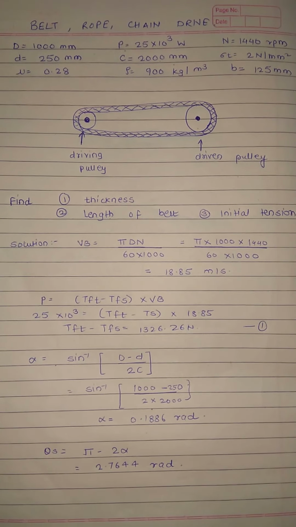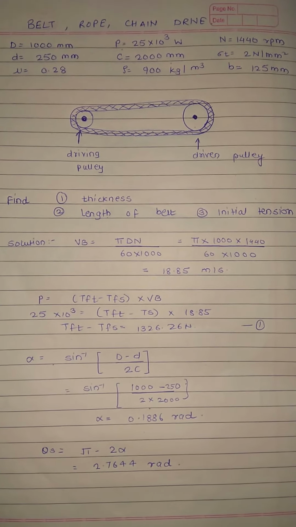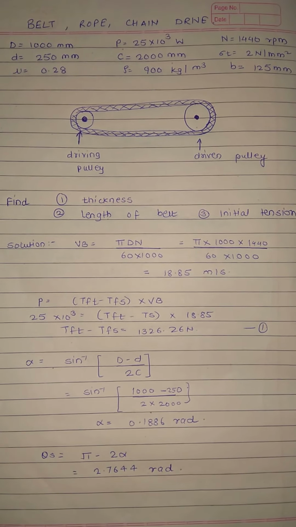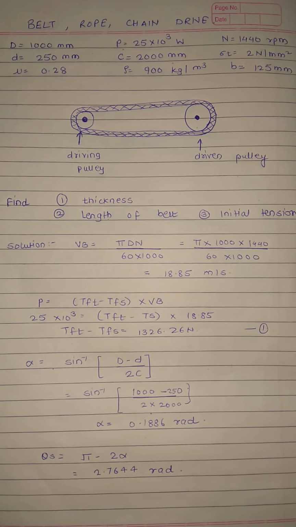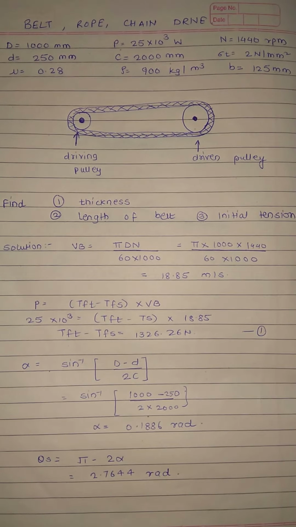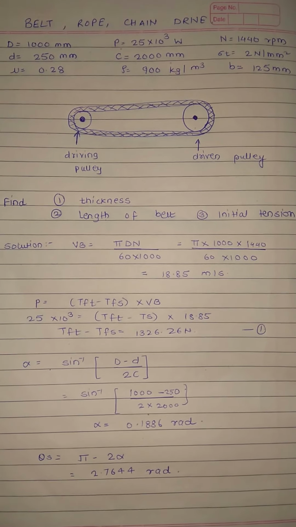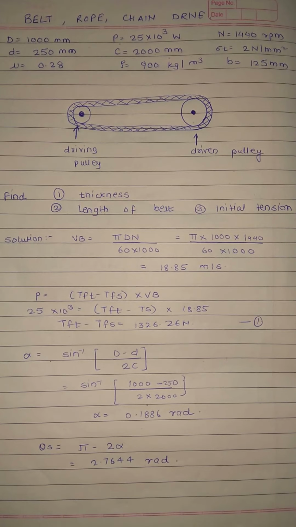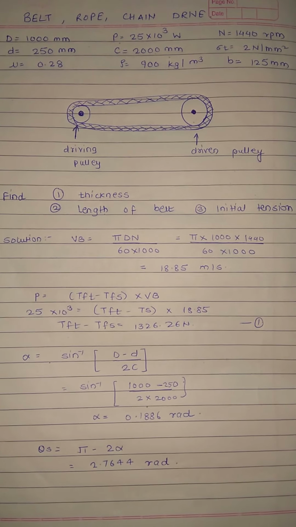As we all know, all these three elements are used for transmission of power or motion from one place to another. Belt is used in automobile, that is in transmission from gearbox to the rear wheel. Rope is used to drive the bucket from lower level to higher level, that is to lift water. And chain drive, as we all know, is used in the bicycle and gearing system. So let's see how to solve the chain drive problem.